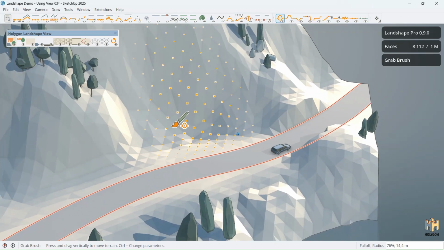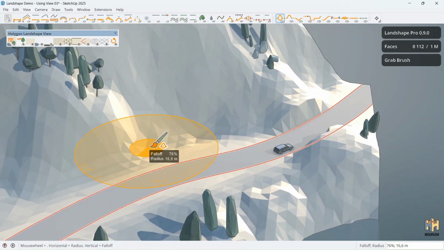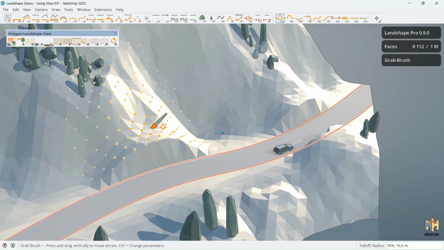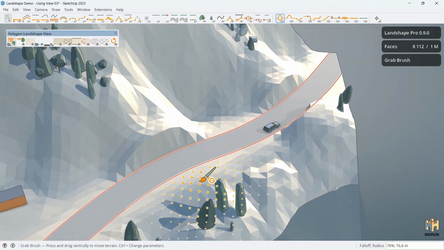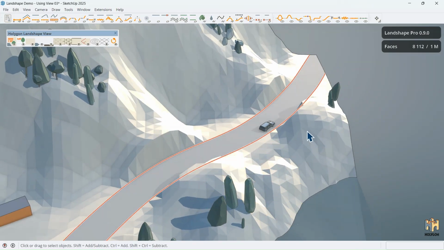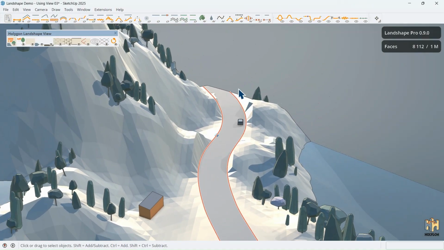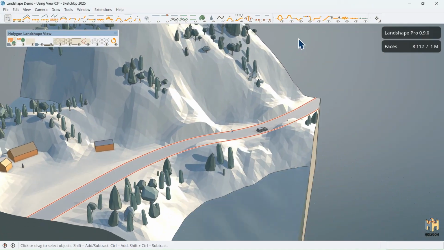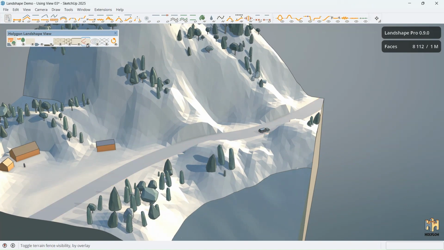And let's try it over here. Let's make it a bit bigger, like so. There we go. Yes. And I can do the same on the other side. So it looks like we've blown our way through the cliffs here. Okay, so now I turn off this,